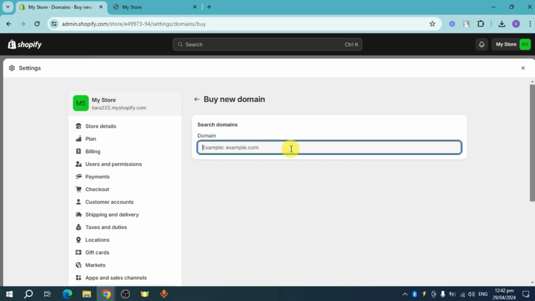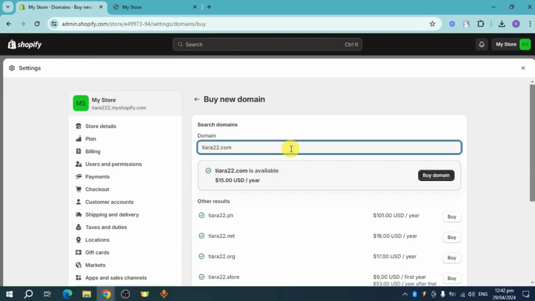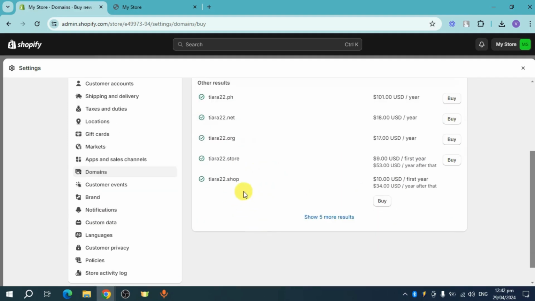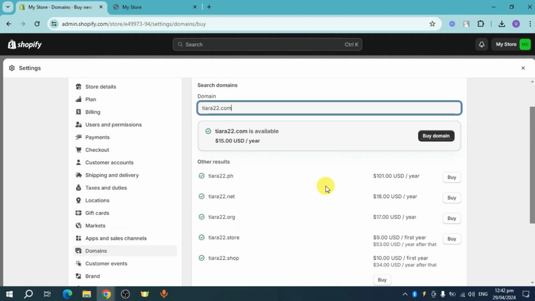Now, just put in here the domain that you want to add. Like for example, let's put in here tiara22.com, and it will check if this domain is available. If it's not available, you can also see other results, like for example, this .ph, .net, .org, .store, .shop. So just head over and then choose the domain that you want, and then from in here, click on this